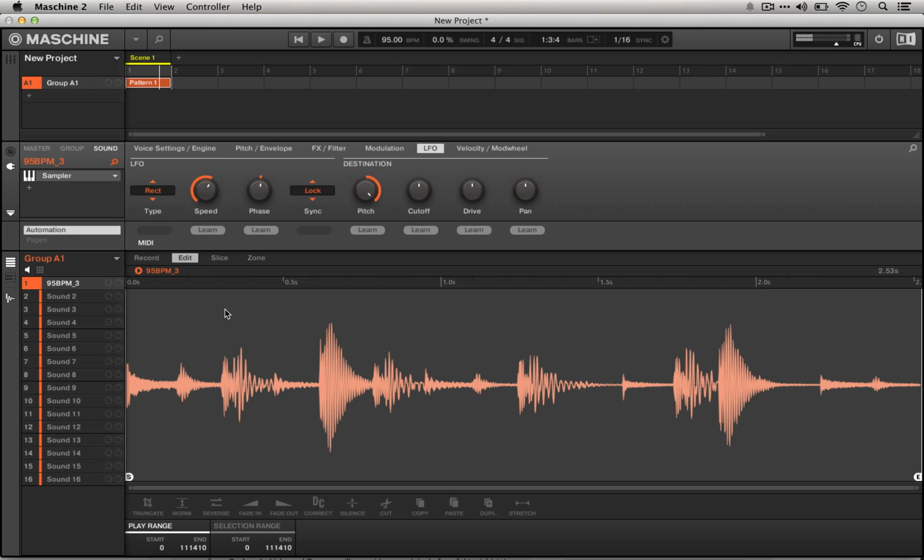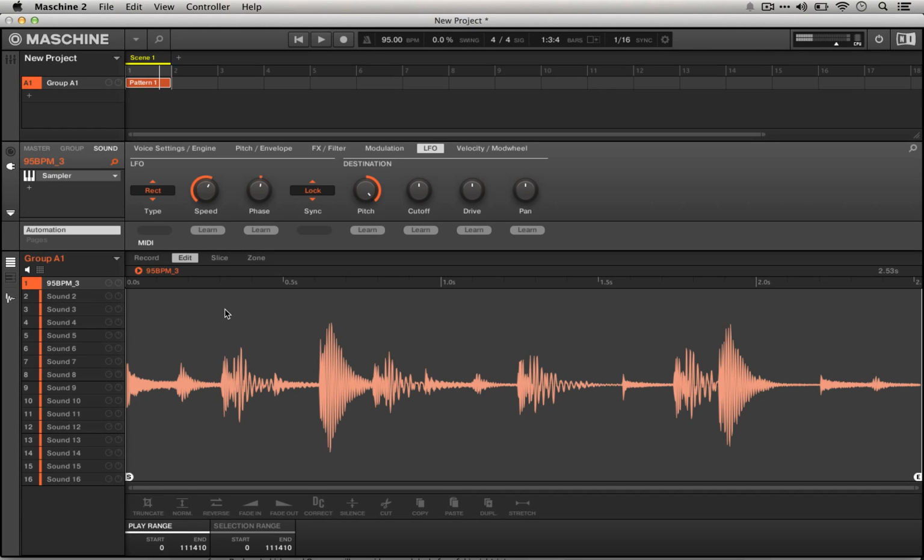So this is a really easy way to use just a couple features of Maschine Sampler with no effects chain, really no use of the sequencer other than just a single note on the one, to create all sorts of different sounds using just a basic drum loop. You can use this to skew more towards a glitch sound or a dubstep kind of sound, or you could do an LA beat scene kind of thing with more subtle